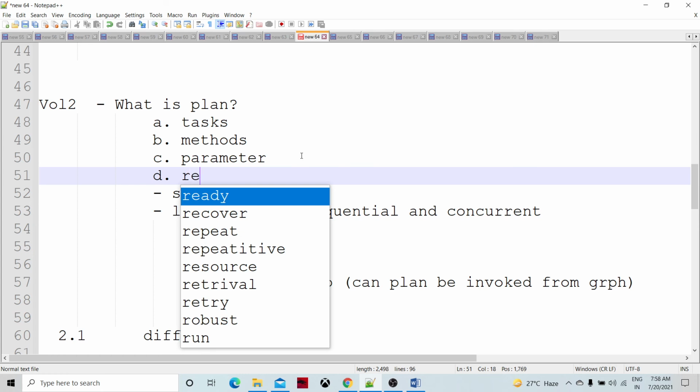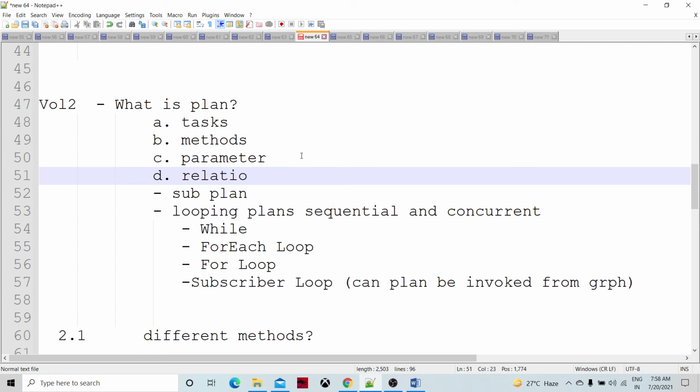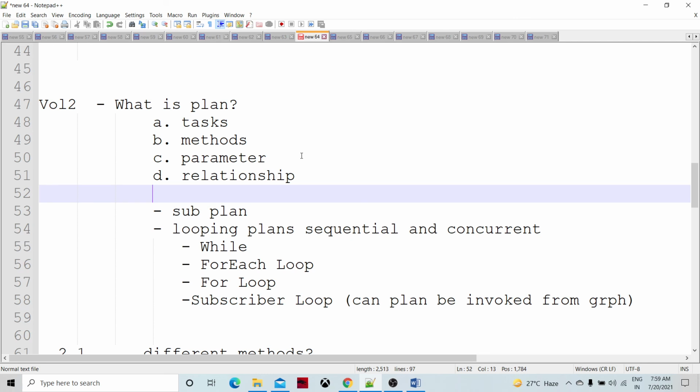And then there is the relationship. The relationship governs the sequence of execution which we construct based on these tasks. Whenever we talk about the relationship, it's a control sequence.